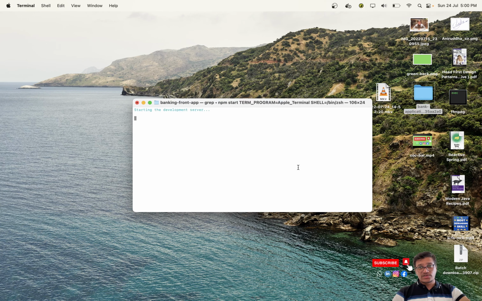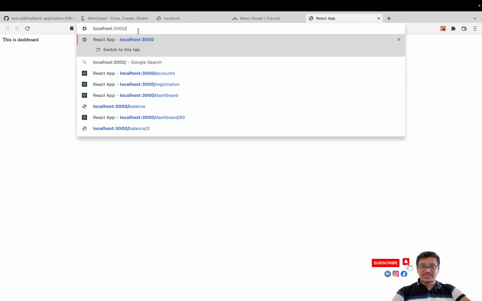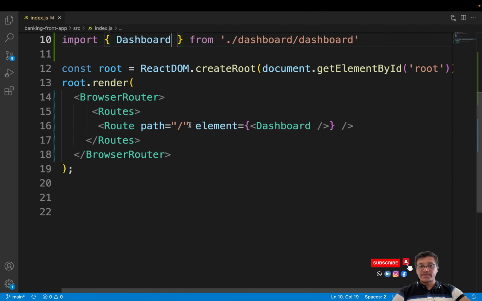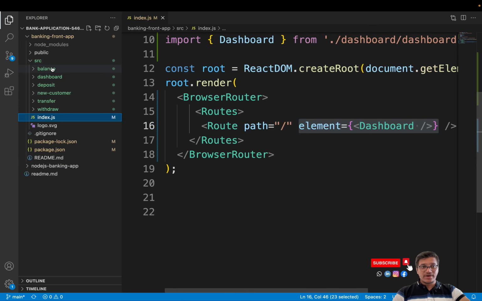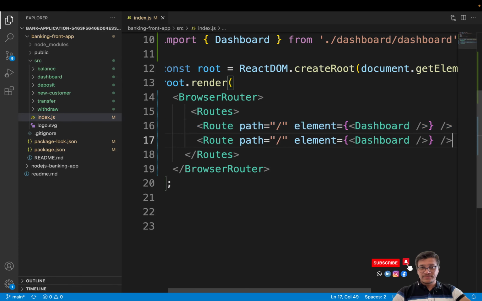Now see, if our application is not running, npm start. Now application is running. Can you see, if someone hits only /, which will point to the dashboard component. See, path / load which component? Dashboard component that you have created over here, dashboard component. In the same fashion, if someone hits, what you can say,